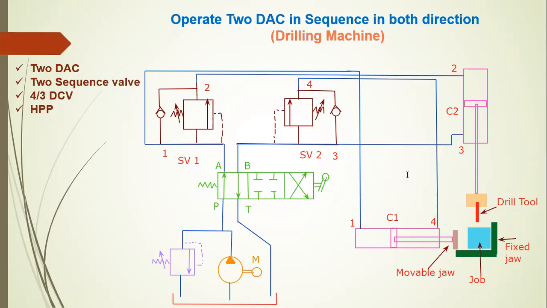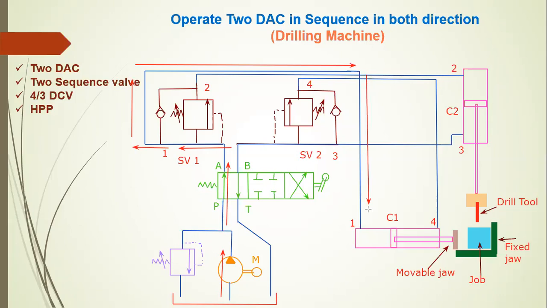Now we have to start the movement of both direction control valves and both double acting cylinders with sequence valves. First, the hydraulic oil passes from the hydraulic pump to the direction control valve, and from the direction control valve to sequence valve first. Here the sequence valve works with one pressure limit. So in the first condition the sequence valve does not operate, the bypass line operates and oil passes this way